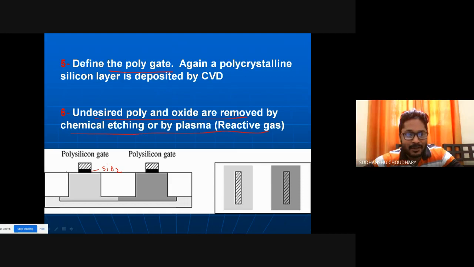When you deposit polysilicon, you deposit it over the entire wafer, so all these parts are covered by polysilicon, but you don't want polysilicon in these parts. So you can etch them away by the etching process, maybe wet or dry etching, so that you have polysilicon patterning only in these two regions, because these are my PMOS and NMOS.